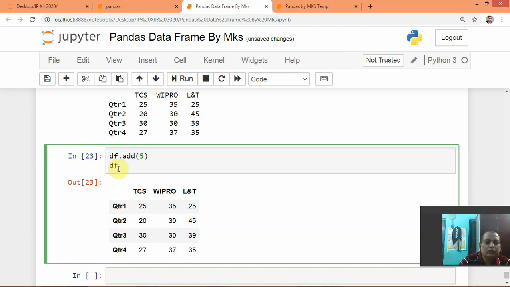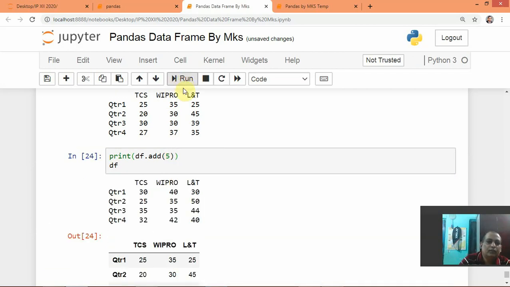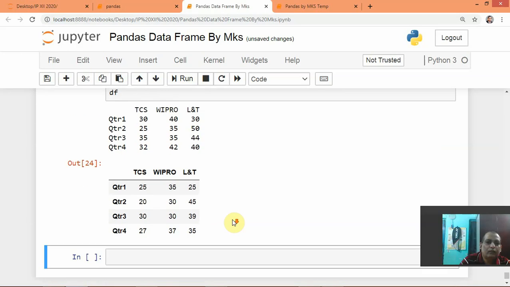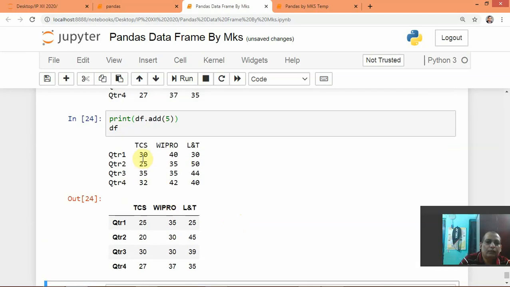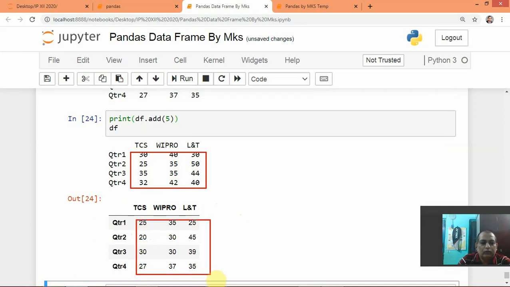If we print this value, then output will come like this. Here you can see, due to print these values are coming, and due to df these original values are coming. So this is a temporary increment in each value.